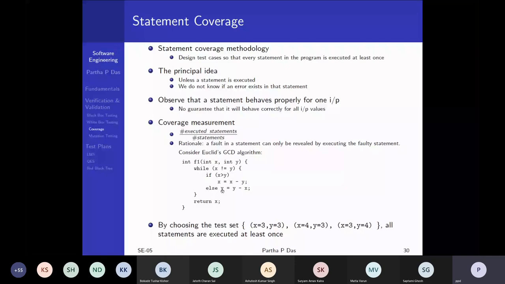So it becomes 1, 2. With that, I go back, check the condition, do this again, and it becomes 1, 1. And when it becomes 1, 1, I check the while, and I come to the return. So it is actually possible that one particular test case may check for more statements,